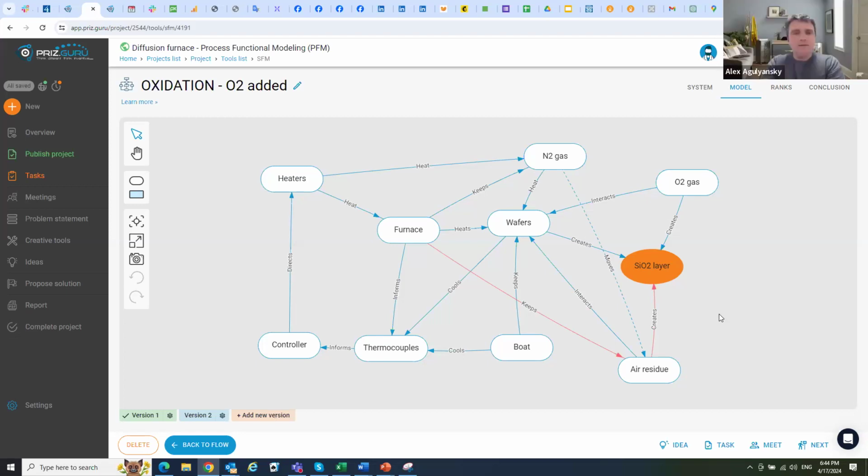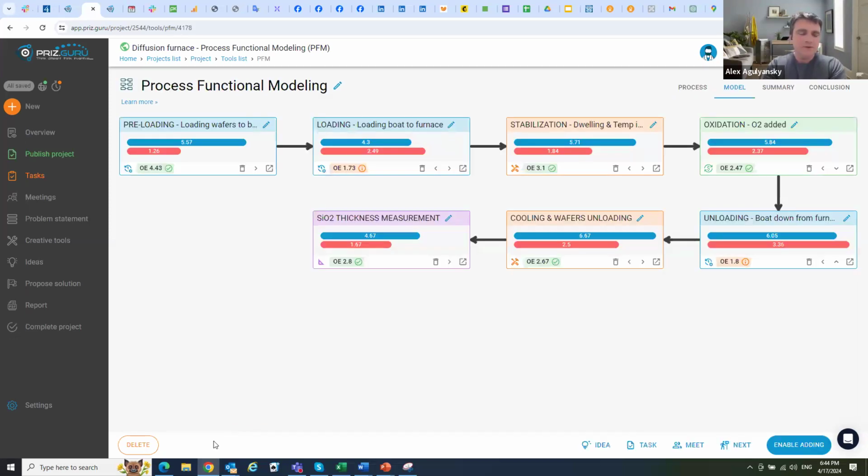Yes, please. One thing that I wanted to add, can you go back to the process functional model, to the process flow? So what we see here, Anatoly built all of these steps and modeled each and every one of these operations. And basically what we've got is a ranking of the current state of the system, right? Now, when we're trying to understand how we should improve the system, should we improve the entire process,